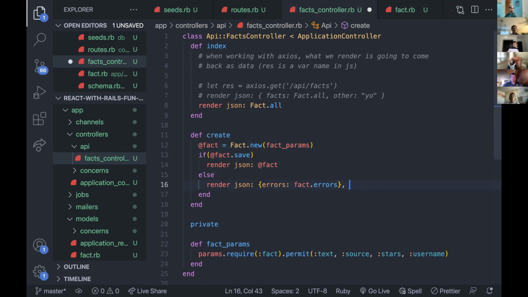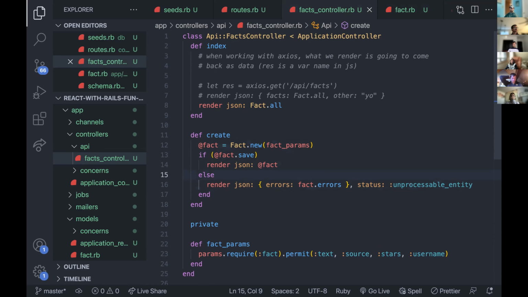And then I'm going to give this a status 422. In the notes, it says unprocessable entity. Those are the same thing. But doing this as text might be better because that's probably a little more readable. Like, what is 422? Not quite sure. But doing this as text, unprocessable entity, it's going to go back as a 422, but it's a little